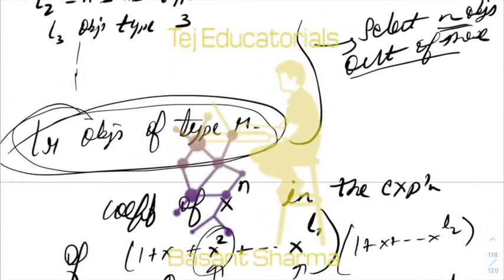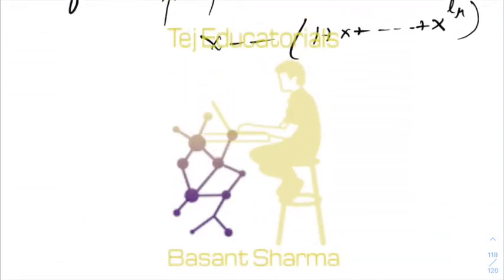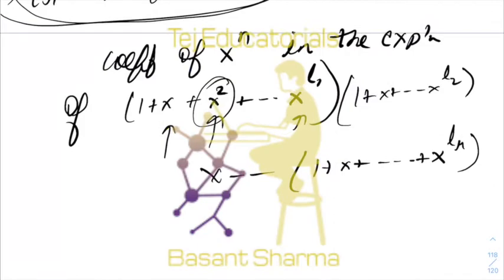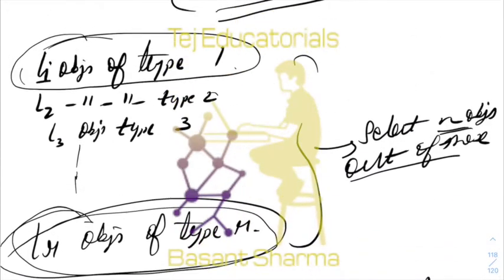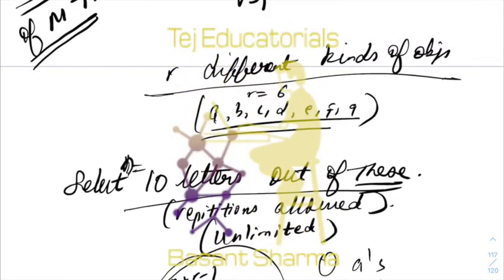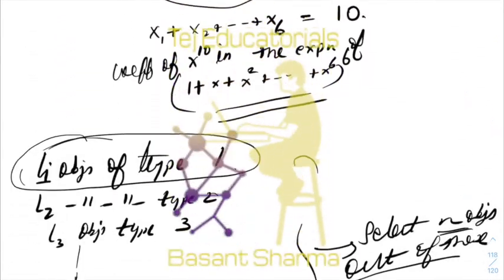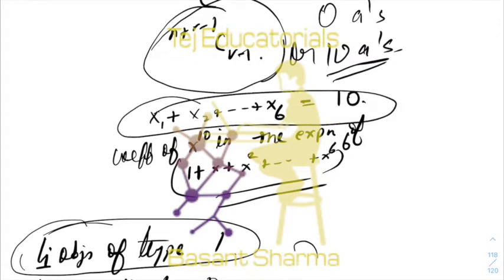The basic thing to remember about the multinomial theorem is that you have n identical objects and you want to distribute them amongst R persons. That is the basic idea. Why are we taking n identical objects? Because in the solutions of this equation, for example, we are only concerned with what number is associated with x1, that is, how many objects person 1 gets, how many objects person 2 gets.